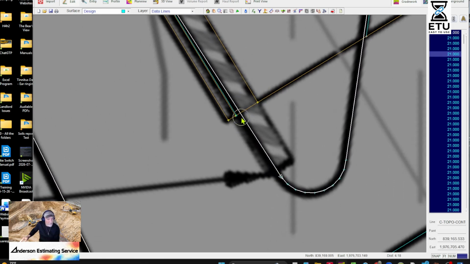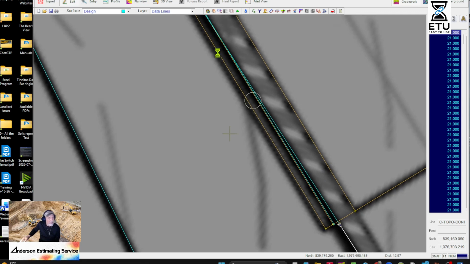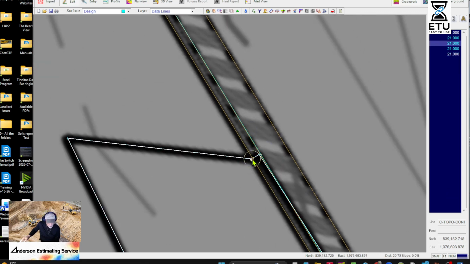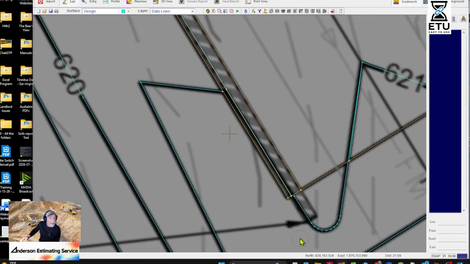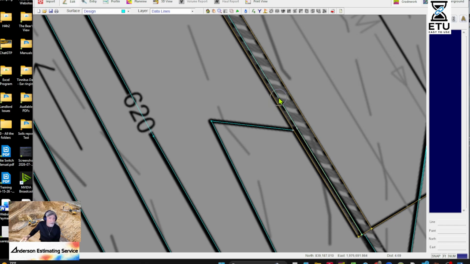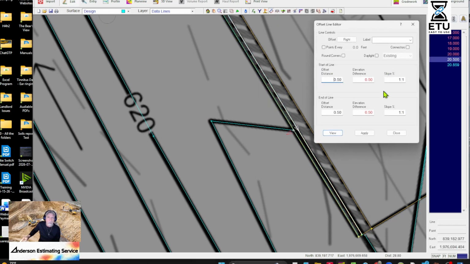So I'm going to push F5, and then I'm going to come over here, Control X, and delete that line. Now we're going to have a nice clean curve line, and then we just offset those. Offset. Bam. I usually name them top of curve. All right, and apply. There we go, 8 minutes, man, we're going to get it.